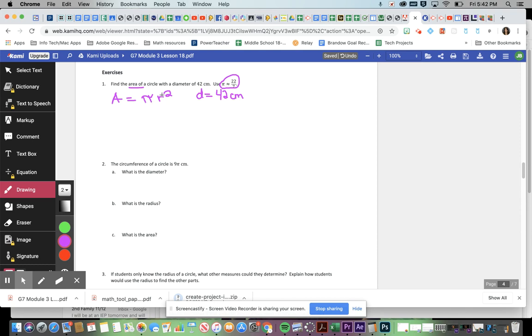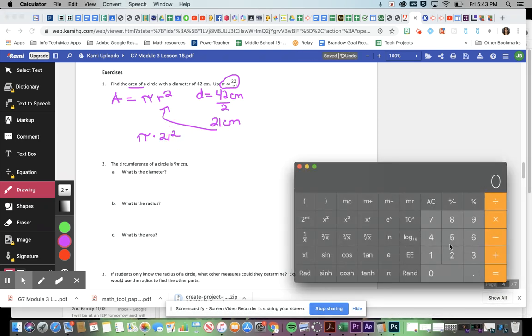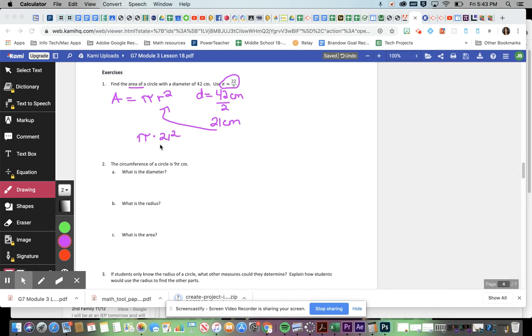Okay, well, my formula calls for radius, not diameter. So in order to find the radius, I have to divide by 2, which is 21 centimeters. And then I can plug this in here. So I have pi times 21 squared, and 21 times 21 is 441. And then I have to times that by pi,